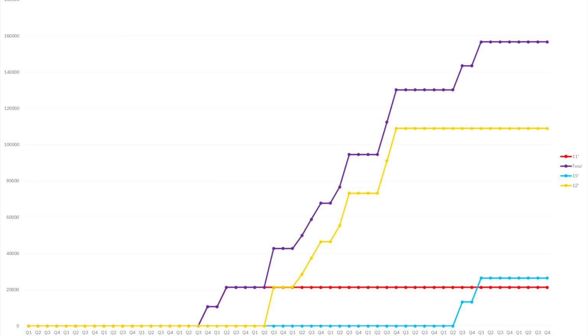And you see a slightly similar thing happening with the Germans. Once again, the purple line is the total, red is the first caliber, the 11-inch in this case, the orange-yellow is 12-inch, and in this case the blue is 15-inch. So once again, the red line and the purple line are the same for a little bit. Now, obviously, because the 11-inch is only on one class of battleship in the High Seas Fleet, not surprisingly, the